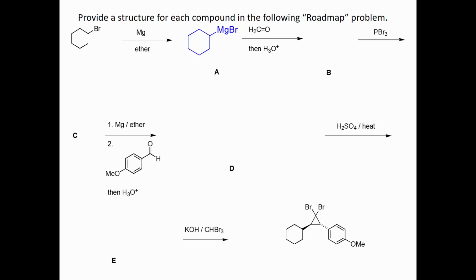Let's say we totally forgot that reaction. We're not totally messed up because we can probably remember that in this last reaction, we're looking at carbene addition. Okay, and we know that that reagent there, KOH bromoform, is the reagent for making a dibromocyclopropane from an alkene. So E would have to be,